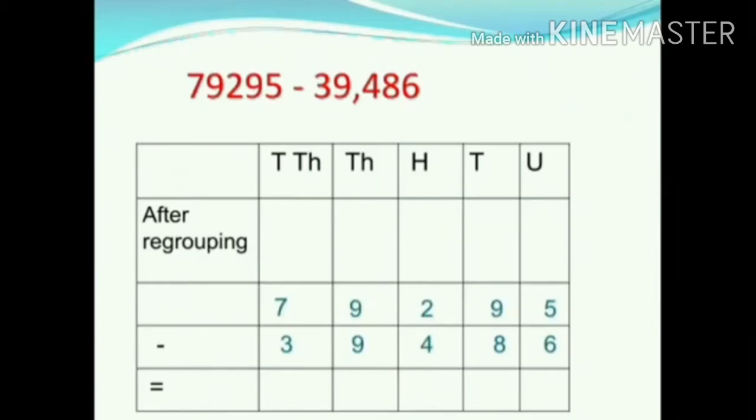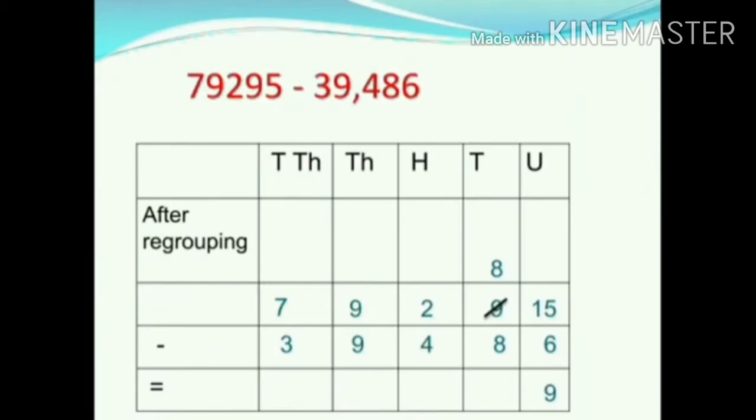They are 5 and 6. 5 is less than 6. So 6 cannot be subtracted from 5. Hence borrow 1 ten from the tens place. Now we have 15 in units place. After borrowing 1 ten to units place, tens place is left with 8 tens. Now subtract units place digits. That is 15 minus 6 equals 9. Write 9 in units place.